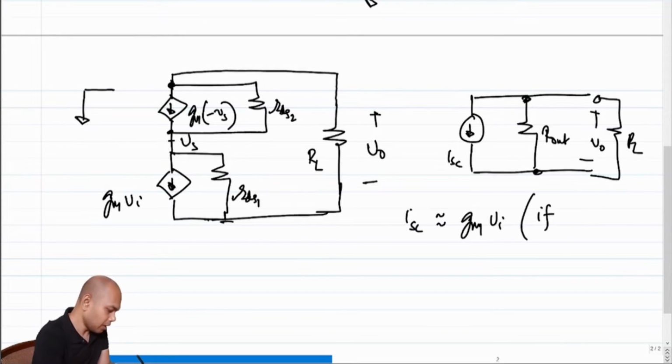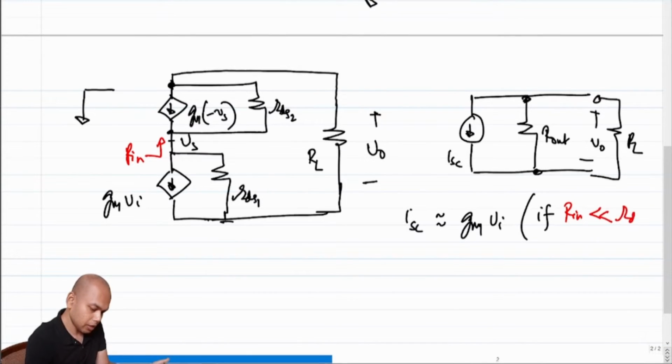If the looking-in impedance into the source of the common gate amplifier would have been much less than RDS1. So whatever this Rin was, if Rin is much less than RDS1,